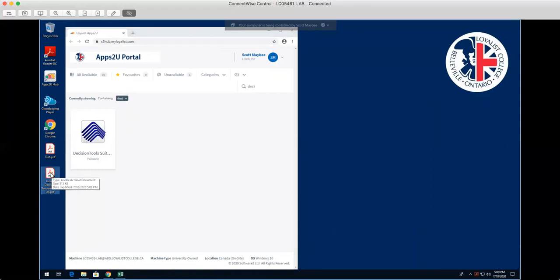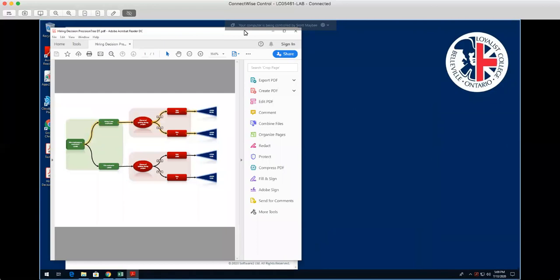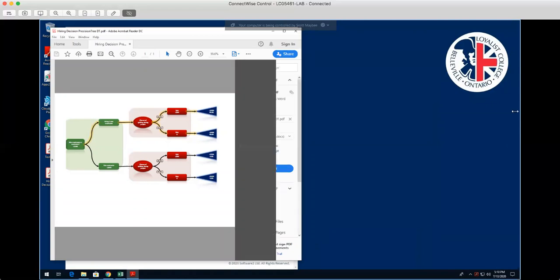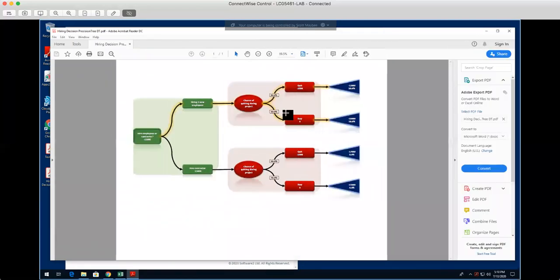Hiring decision PrecisionTree file has been created, and we can see here it is in Adobe as a beautiful PDF that we can use for presentations, for reports, for whatever we choose to use it for, and in a much more professional looking and easy to read version for project sponsors